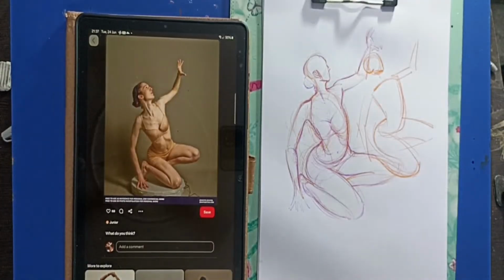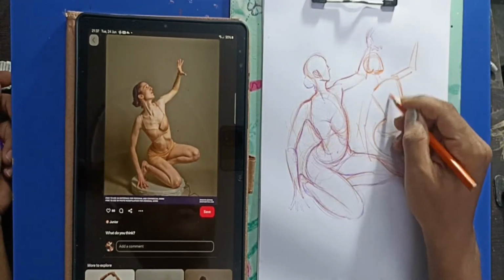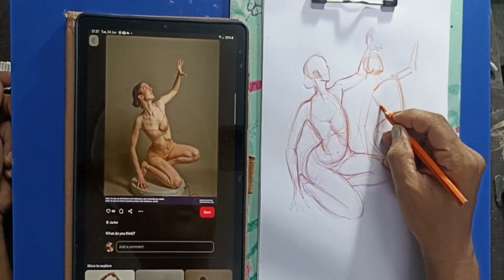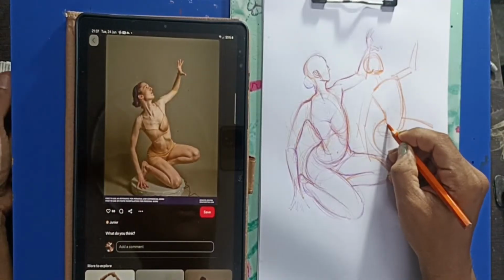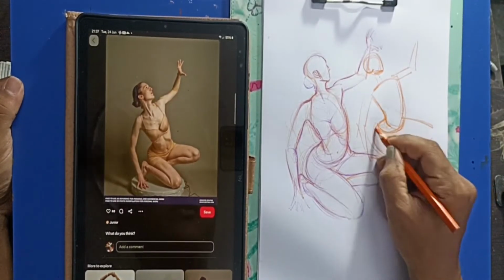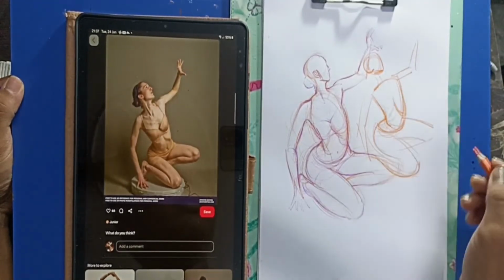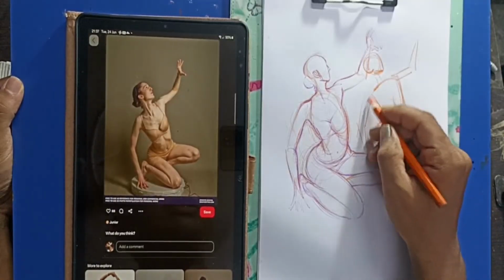Okay. The rib cage and all seem to be very difficult when we create with our imagination,